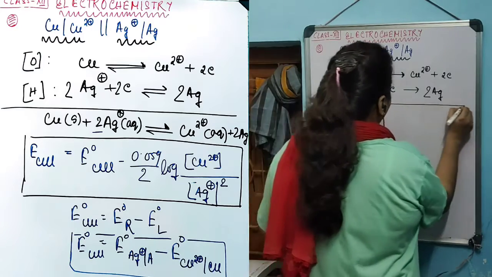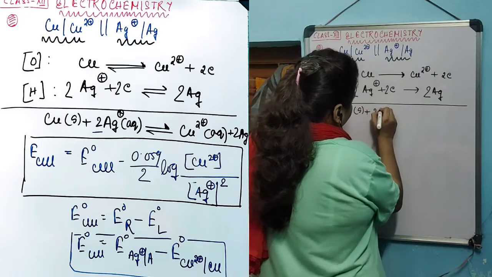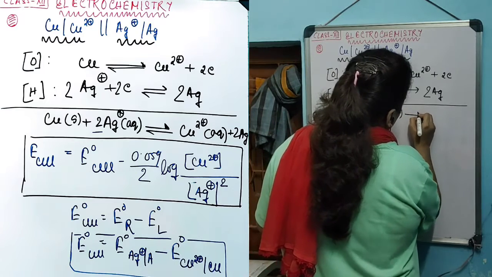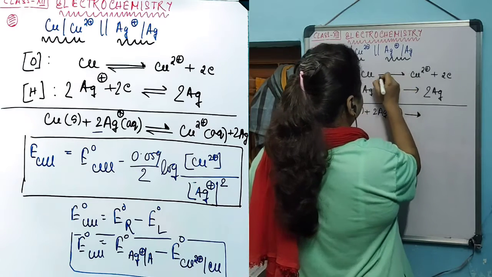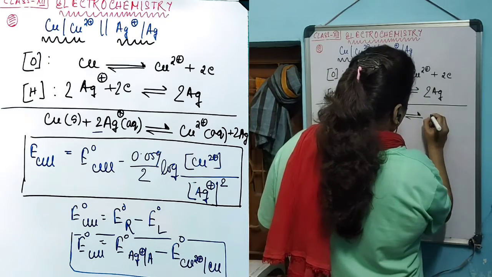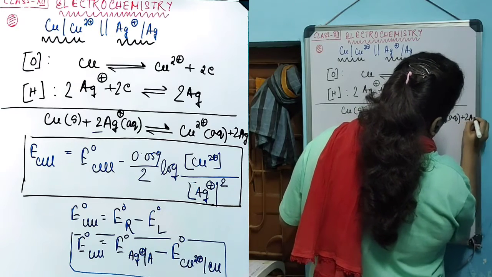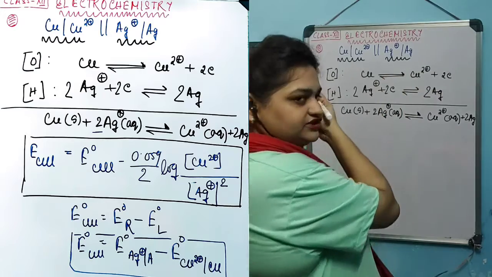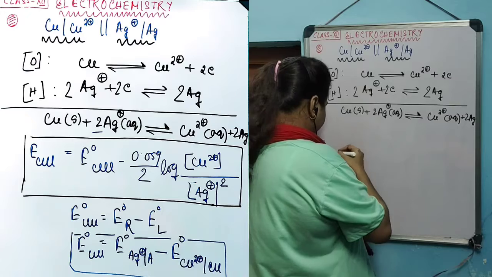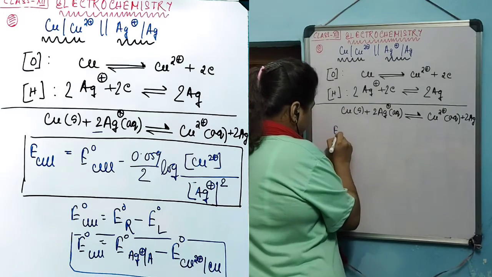The overall reaction will be copper in solid state reacting with silver plus in aqueous state, producing copper 2 plus in aqueous state, and 2 silver atoms precipitating out, and 2 electrons are transferred during this entire overall reaction. So to represent the Nernst equation for this overall reaction, it will be like this: E